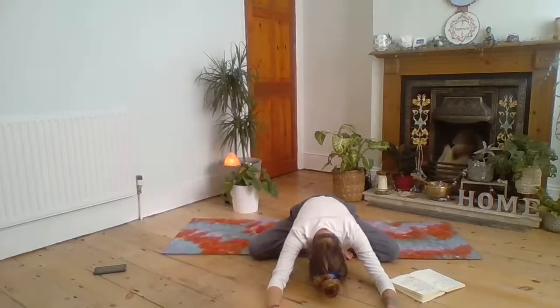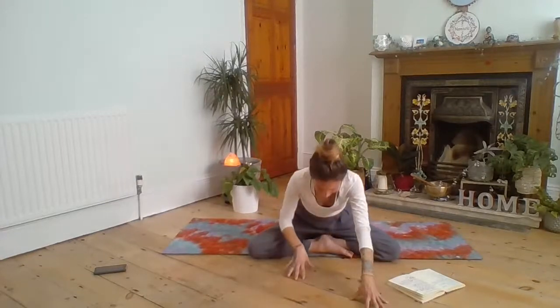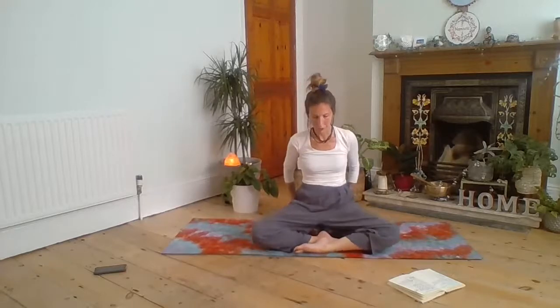And the last couple of breaths. Then slowly, using the next inhalation, walking with fingertips back to center. Alright, so from here we'll be changing the position of the legs again, and we'll do the same on the other